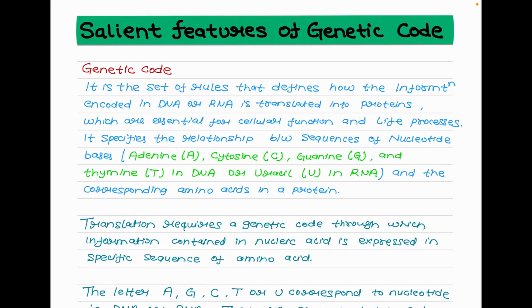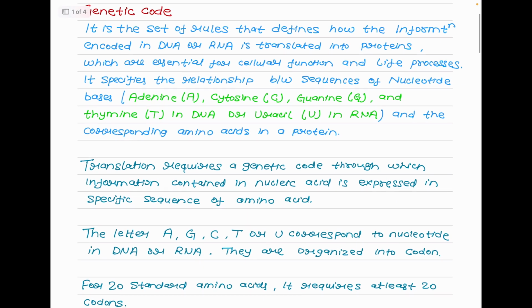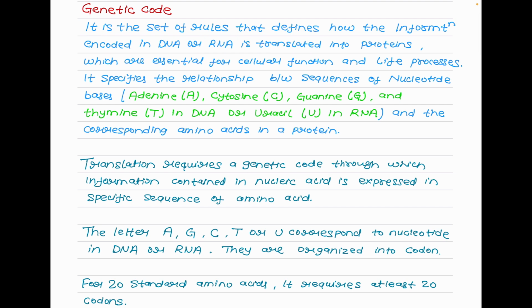The genetic code is like life's instruction manual, guiding how every living thing grows and works. Let's look at its main features and how this shared language connects all living organisms. The genetic code is a set of rules used by living cells to translate information encoded in DNA or RNA sequences